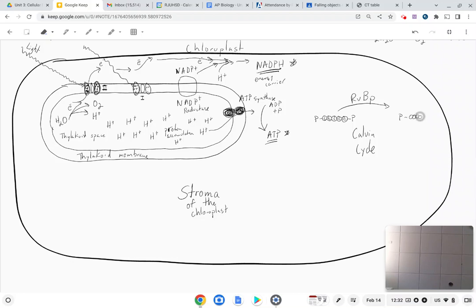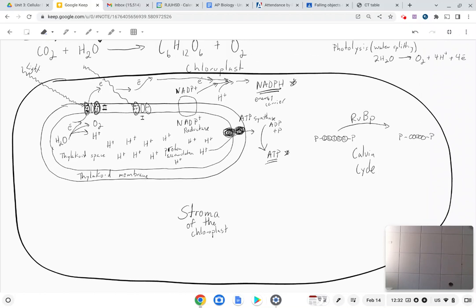So picture a carbon dioxide molecule coming in, reacting with Rubisco and the compound here, and then producing 2 different 3-carbon